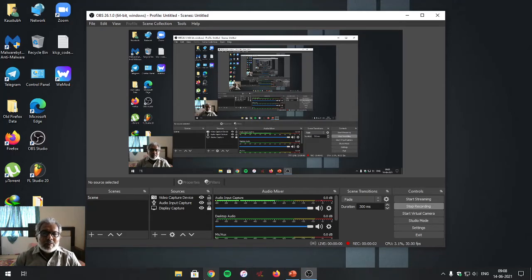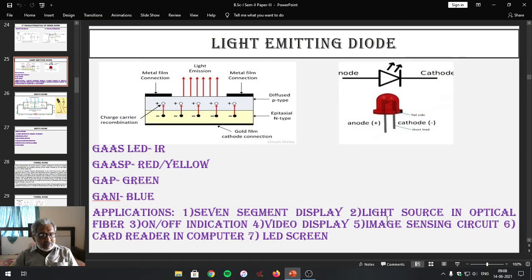Student friends, in last week we discussed one of the special diodes, and that is known as Zener diode, and we concluded that Zener diode is structured by increasing the doping concentration to form the p-type and n-type of semiconductor so that it can achieve a sharp and distinct breakdown voltage when it is in reverse bias condition.